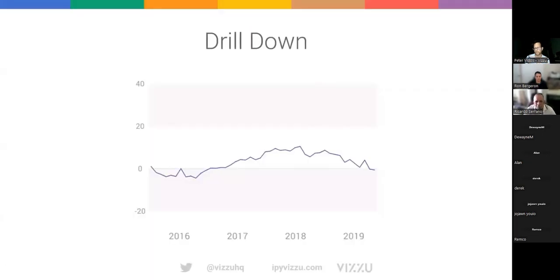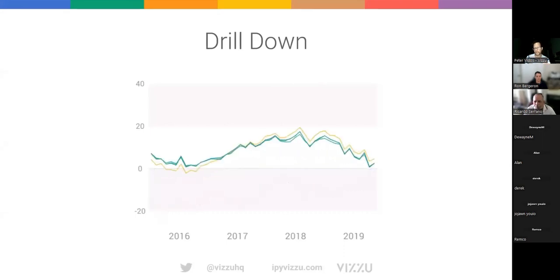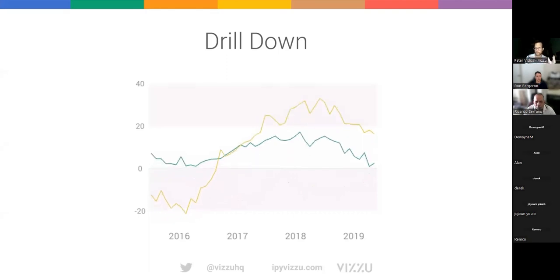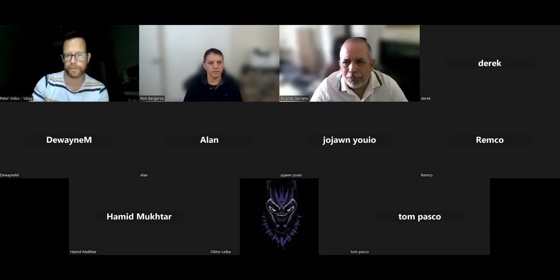A couple of examples of good animated transitions are when you want to drill down, for example, and see the components of a composite index and just zoom in, see the difference from one component to the other, things like that. It becomes so natural. It's because our brains are wired in a way that identifying movement and understanding its meaning is much, much easier for us than doing this abstract thing.